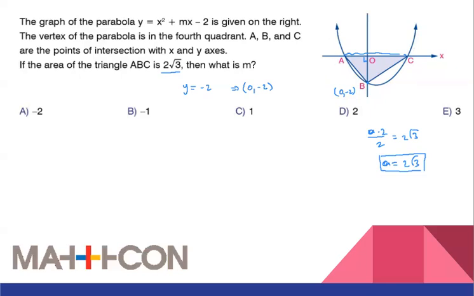But at the same time, we are told this is the equation for this parabola, and since this is quadratic, we should have two solutions. I'm going to call this guy A as x1, y1, and this guy will be x2, y2. Even though I don't really need the y values for those points, I just like to find the x1. So to get this distance, that is the distance between this x coordinate and this x coordinate. So 2√3 is equal to x2 minus x1, which is the difference of my solutions